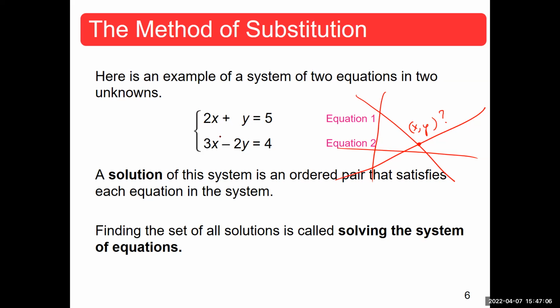Solving these two equations together means finding the x that they share and the value of y that they share. That's the solution for that system. So when they say solving the system, that means finding the point of intercept. That's the same meaning. Well, how do we find the xy value? Two methods. We're going to use a method of